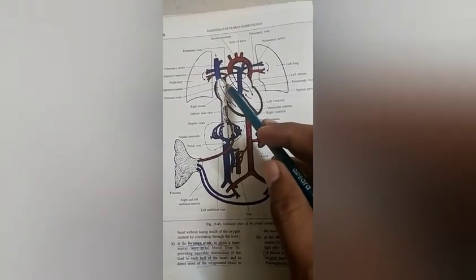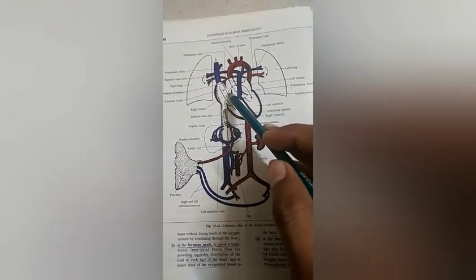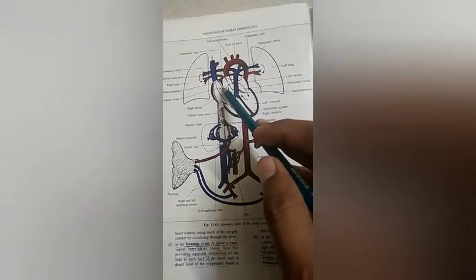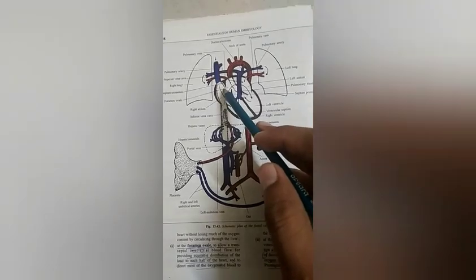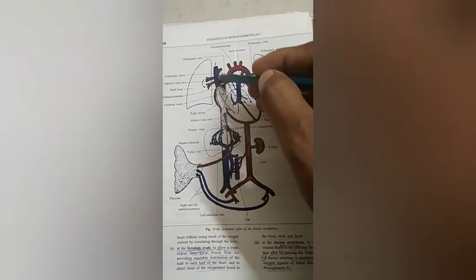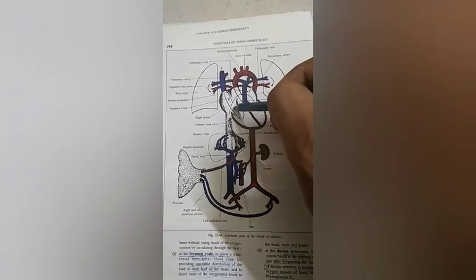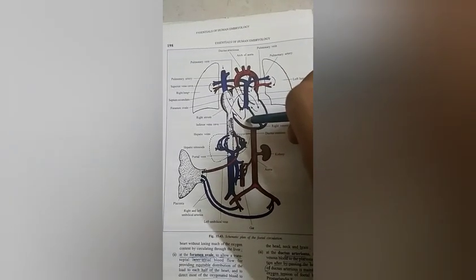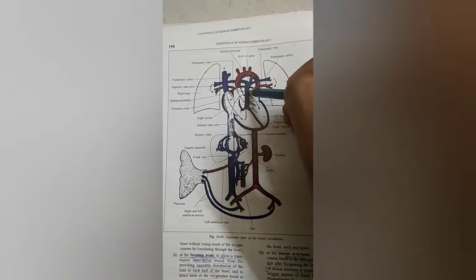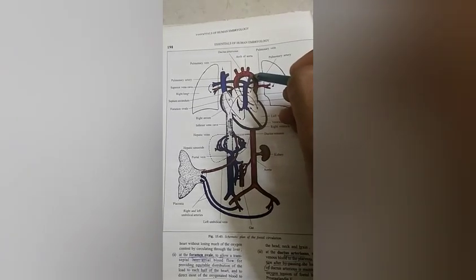By the lower margin of the septum secundum, this blood flow is divided into two streams. The majority of the blood goes into the left atrium, whereas only a small amount of the blood goes into the right atrium, where this oxygenated blood mixes with the deoxygenated blood coming from the superior vena cava. So deoxygenated blood from the right atrium now goes into the right ventricle. From the right ventricle, via the pulmonary trunk, it goes to the ductus arteriosus and ultimately into the aorta.